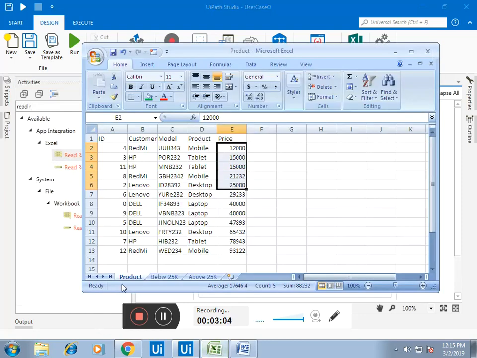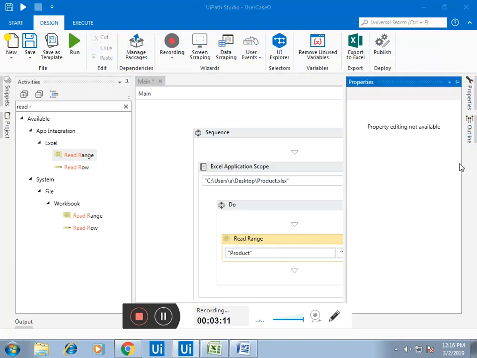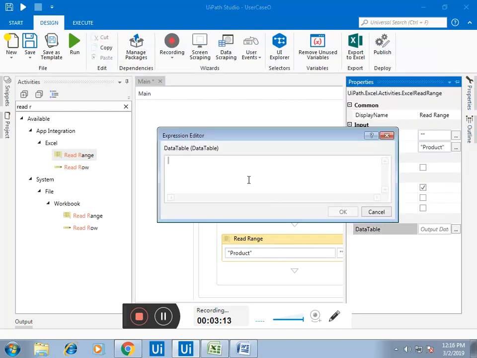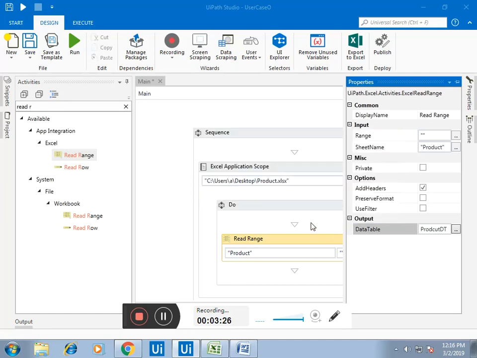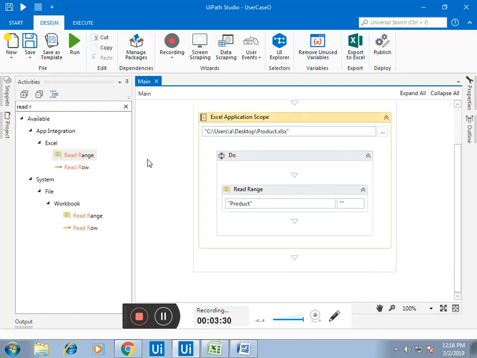And what is the sheet name? Product is the sheet name. Okay, and leave the range empty so that it will give the entire data, the whole data. The output is a product DT, some data table. Okay, once we get the product data table, what we have to do, we will do